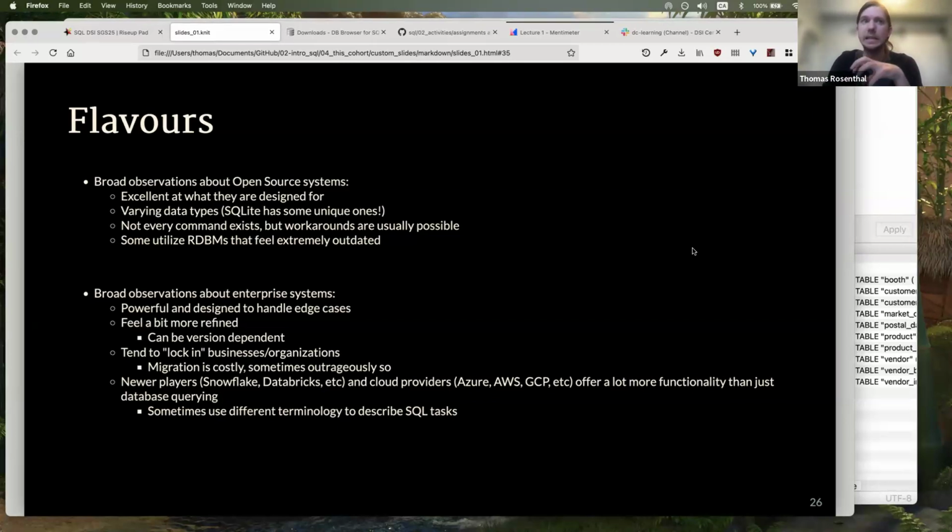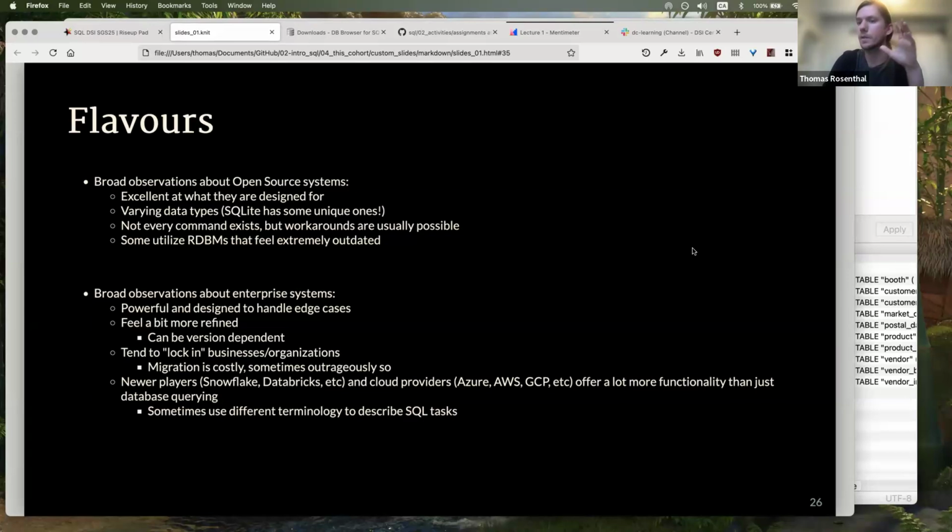They tend to lock in businesses and organizations. Sometimes migrations are so costly that organizations just stick with the choice they made in the early 2000s, and they're still with it. There are newer players. I'm sure you guys have heard of Snowflake, Databricks, et cetera, and all the cloud providers also, Azure, AWS,